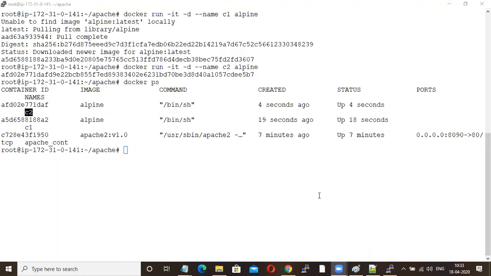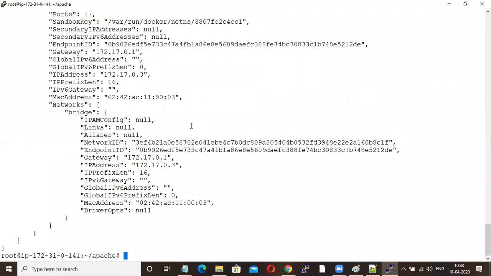Good, Joseph. Inspect. Docker inspect. I guess only Joseph is practicing. docker inspect container. I'm just getting the IP of my container 1.